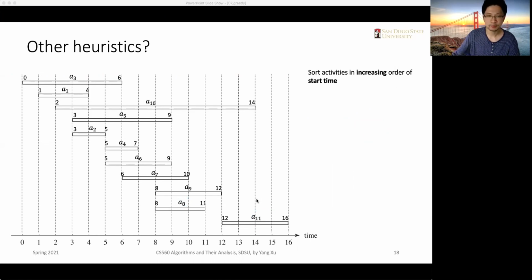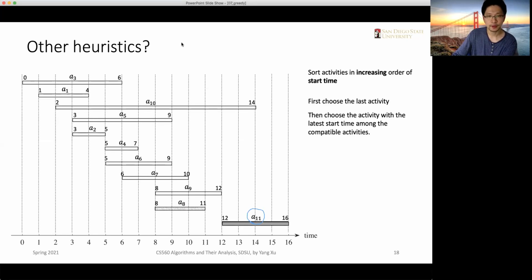Oh, okay, that's exactly what we did. Okay, all right, I made a mistake. So we actually chose A11 and A4, A8, A4, and A2. Yeah, that's correct. So what I mean is that this way of choosing the latest start time is only correct